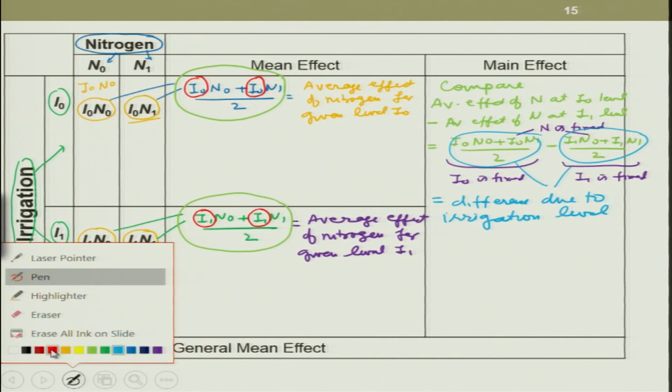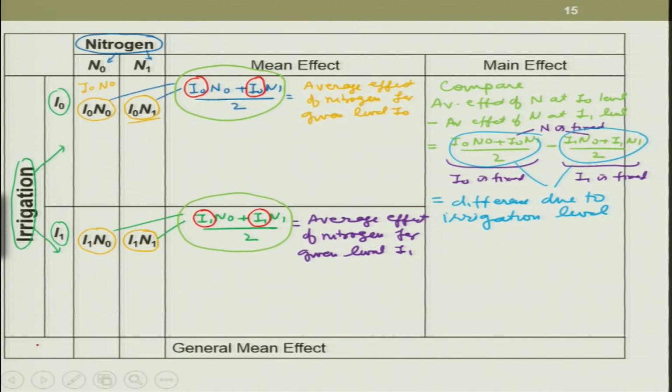Because the levels of nitrogen in both the expressions are the same. So, we can call this the main effect of irrigation. Right. And